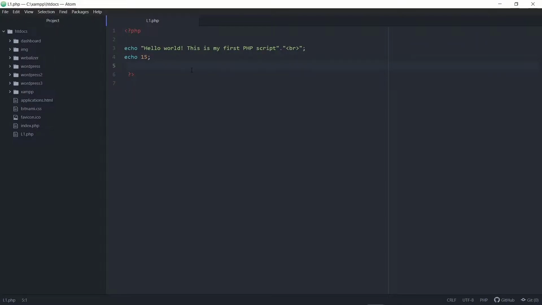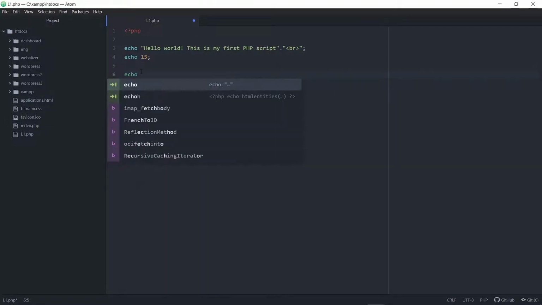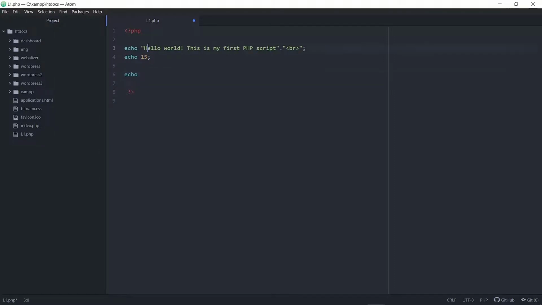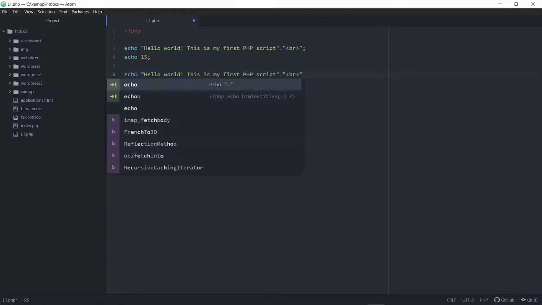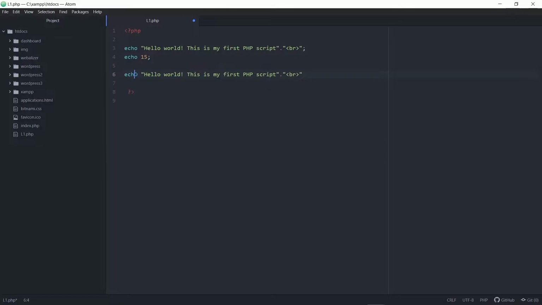So I'm going to create a new line over here. And the next thing I'm going to do is echo out maybe exactly the same line that we have over here. Okay, so just copy this, paste this over here, and this is going to work because we have echo in lowercase over here. So let's actually try and add an uppercase letter like a capital O and run this and see what we get. So we can actually delete this,